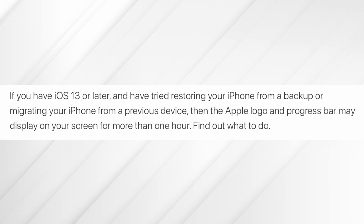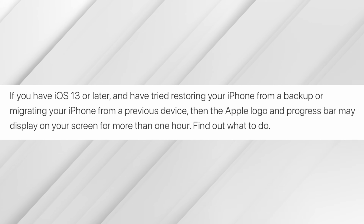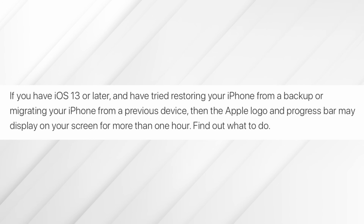This might sound crazy, but Apple do claim that if you're restoring your phone from a backup or migrating from a previous device, it's not unusual for your phone to get stuck on this screen for quite some time while everything is working away in the background. If you know that the iPhone has been stuck like this for more than an hour, it's going to be